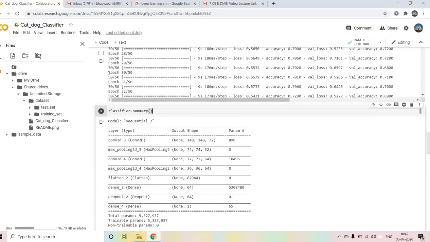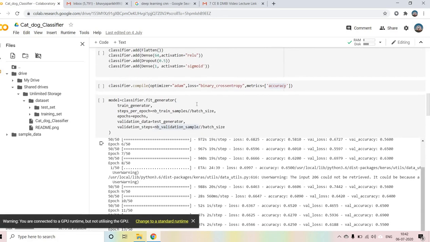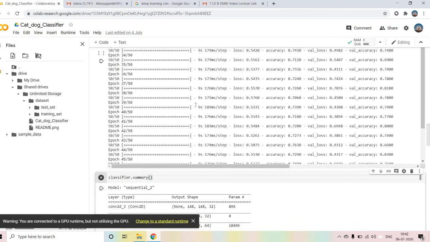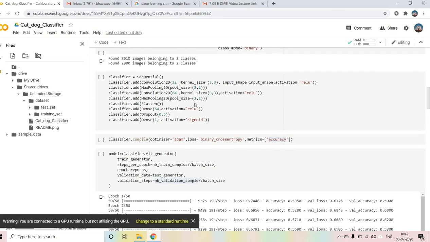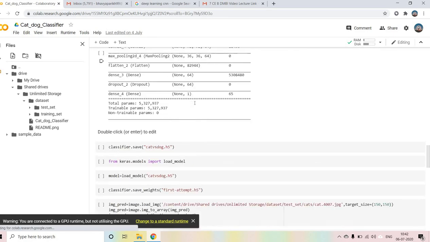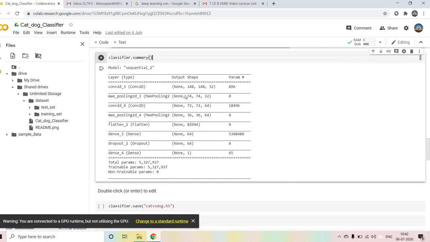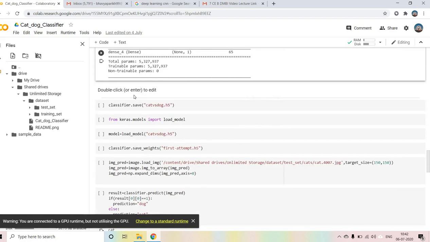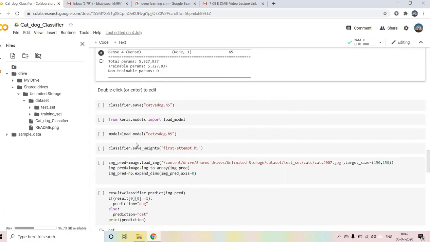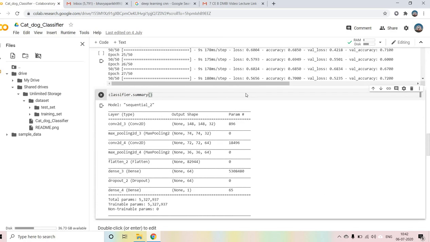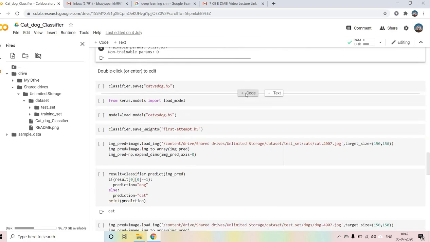But we can go for a better accuracy if you change the convolutional neural network. I will try to make a video on how to get a good accuracy and how to create this. This is nothing but a summary of what happens. You can save the model, load the model, and save the weights, so at a later stage you can do whatever you want. You don't have to go through everything; you just have to load the model or the weights. You will find it online, nothing else.